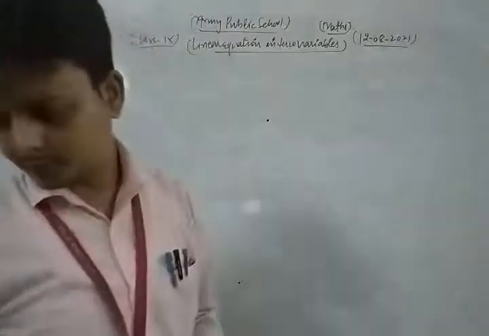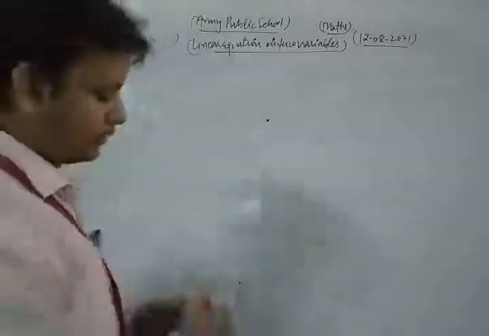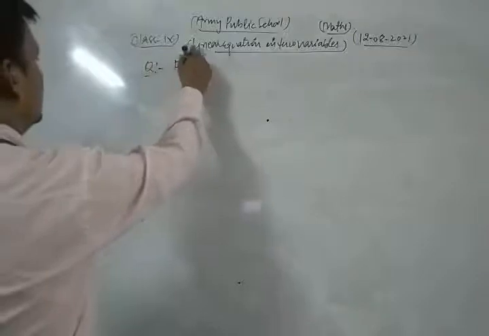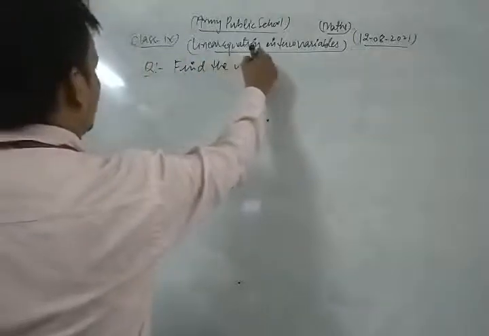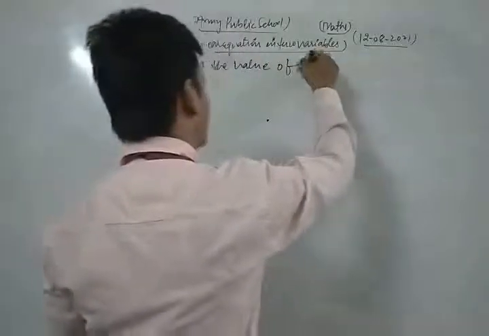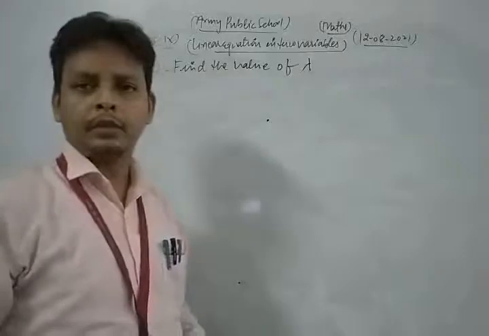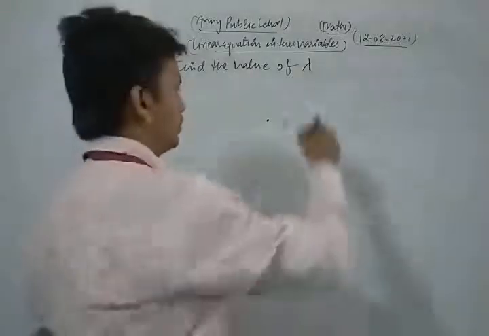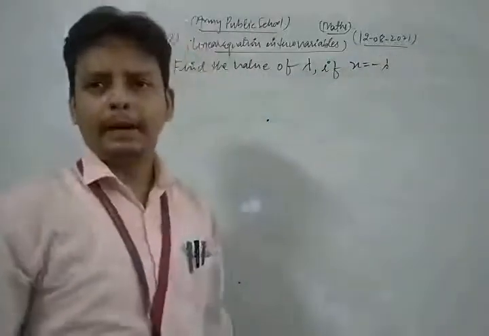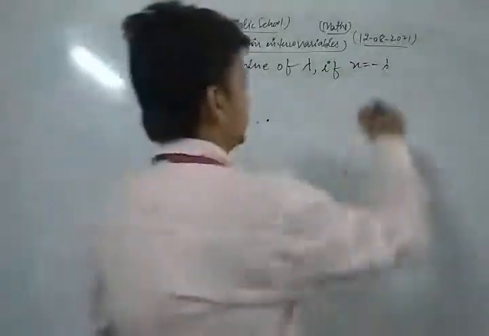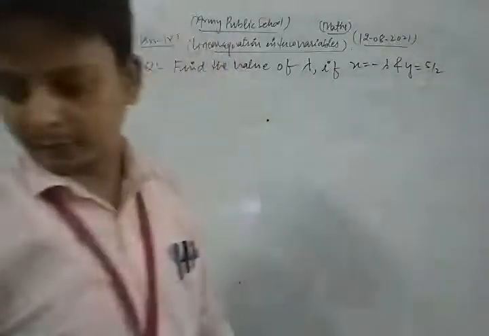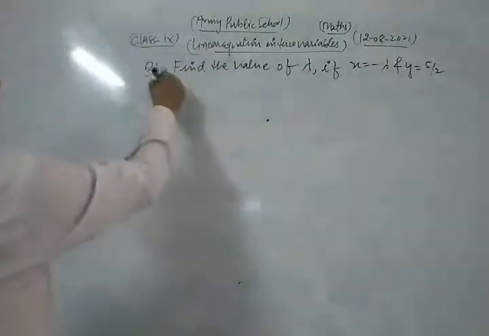The question is, find the value of lambda if x is equal to minus lambda and y is equal to 5 by 2 is a solution of the equation